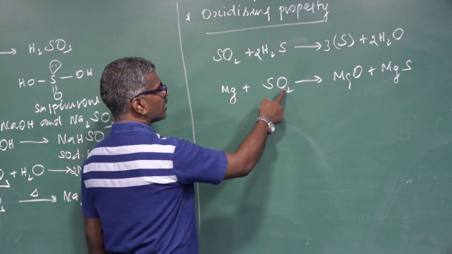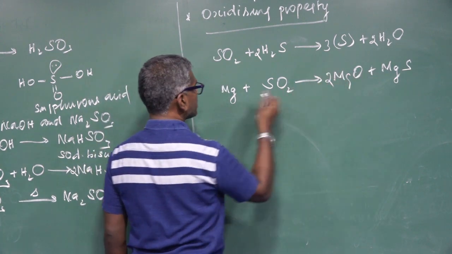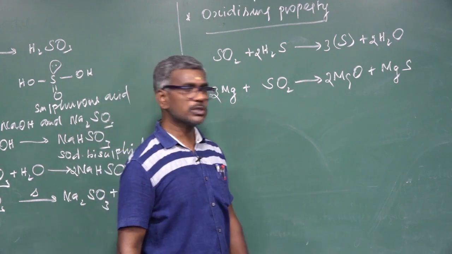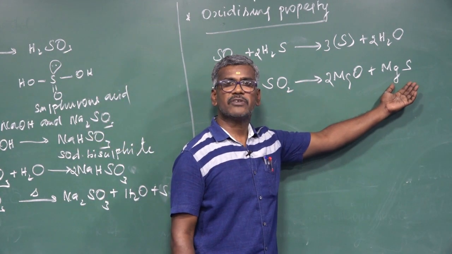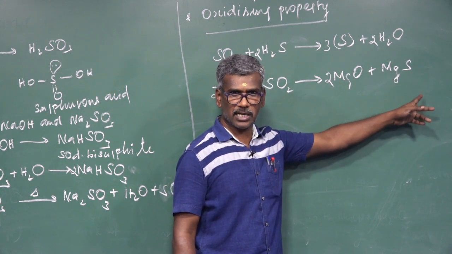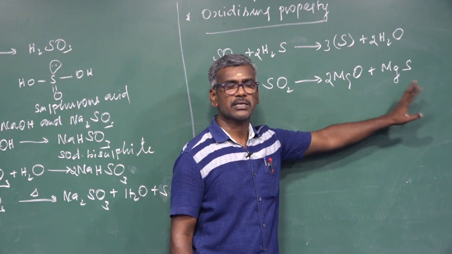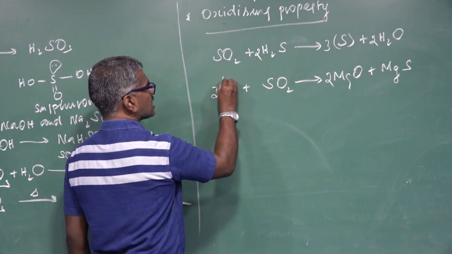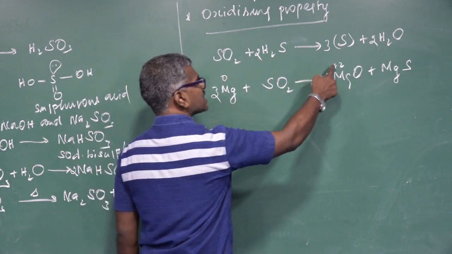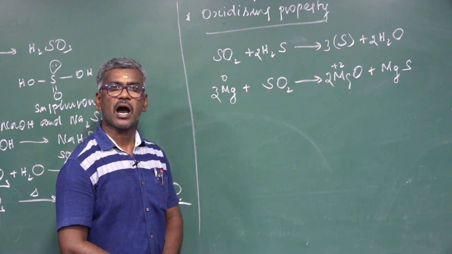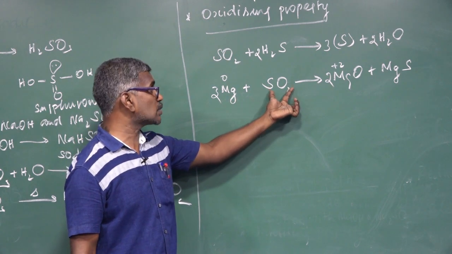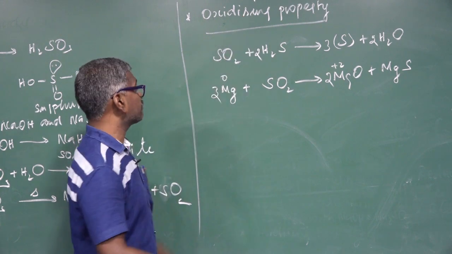How to balance the equation? Here 2 oxygen, here 2 times, magnesium 3 times, sulfur 1 time. In our book, only sulfide is given as the side product, but in the reference book, magnesium sulfide is given; both are the same, sulfur or magnesium sulfide. Here the magnesium oxidation state is 0, this magnesium oxidation state is plus 2. The oxidation number increases, so this is oxidation, this acts as a reducing agent, this acts as an oxidizing agent. So SO2 acts as an oxidizing agent.